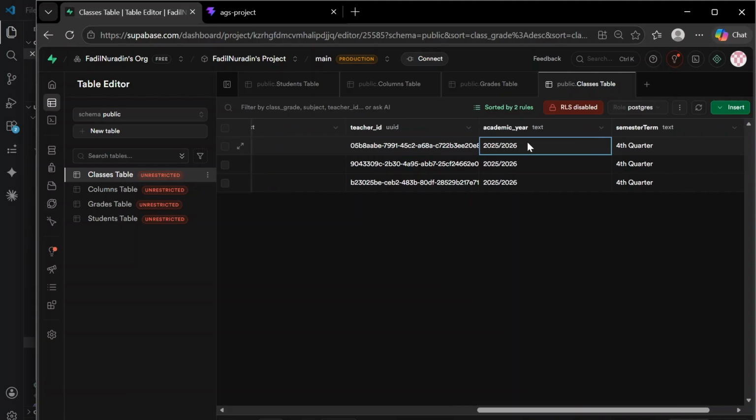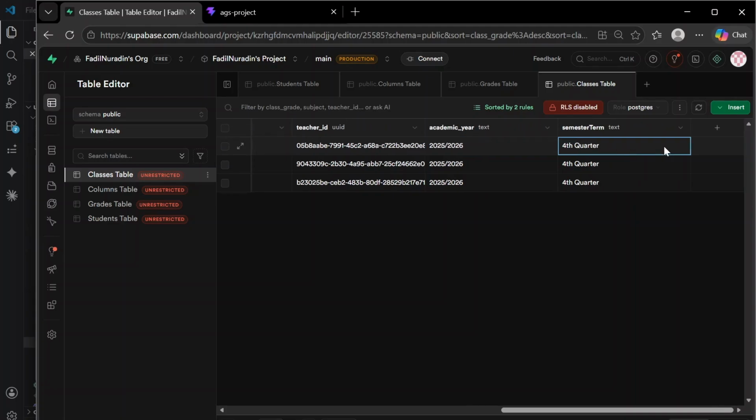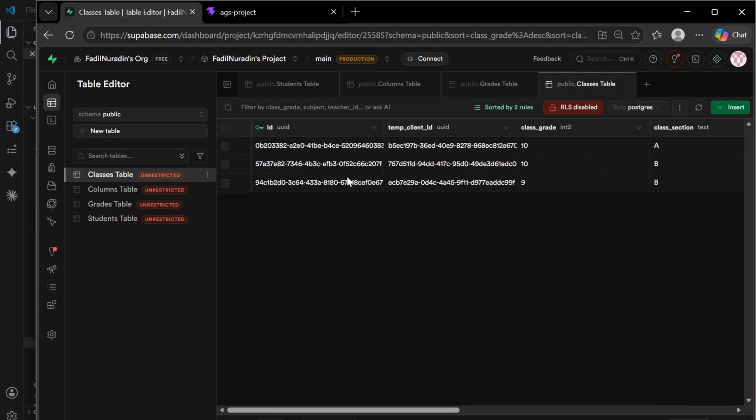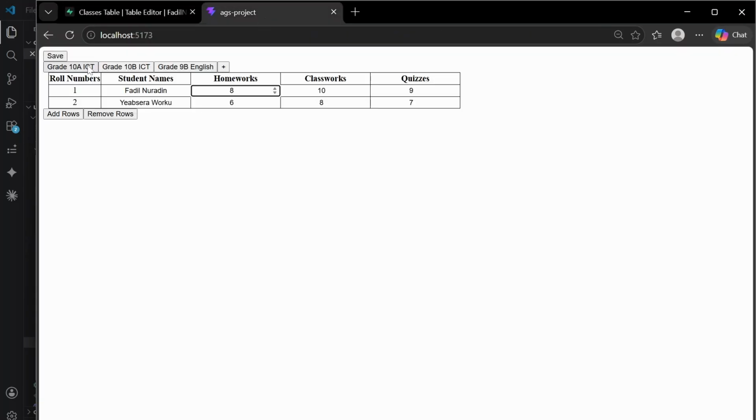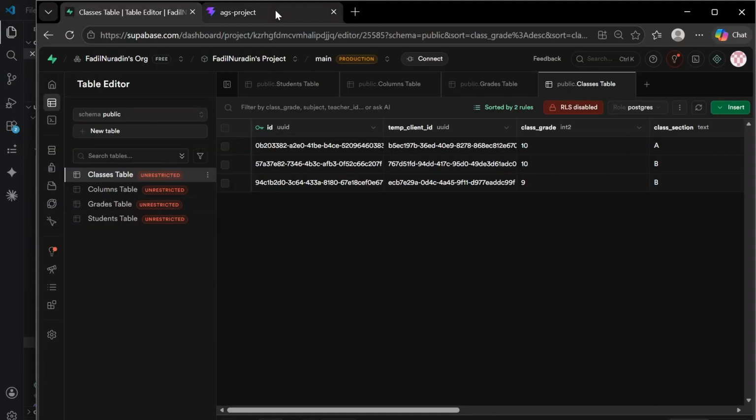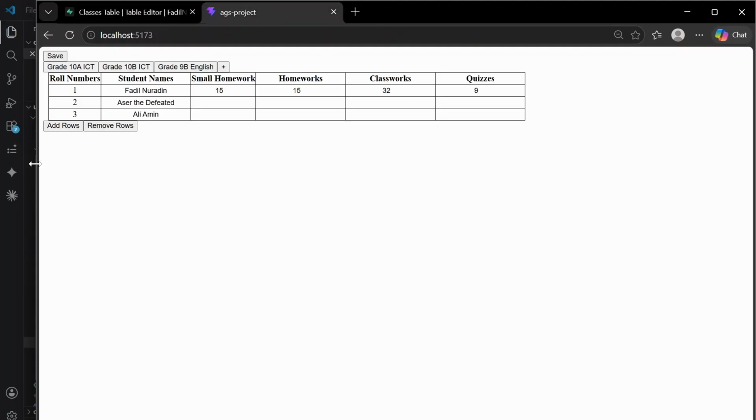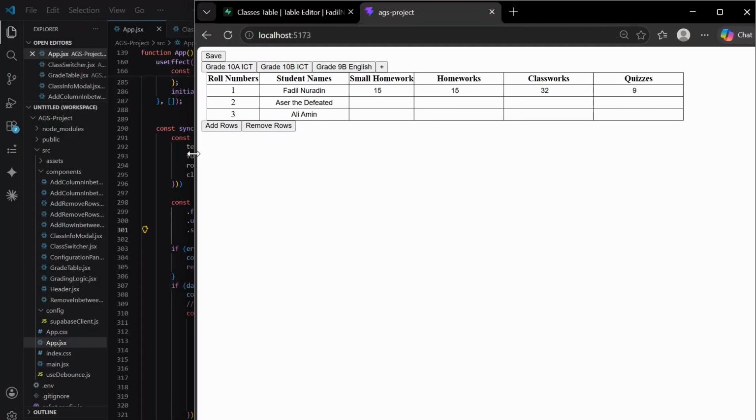The academic year: a class of one year is not the same as a class of another year, right? So that's why I needed to specify the academic year. Now, the semester: is it the fourth quarter, the second quarter, the third quarter? I just specified it. This is basically the table that takes care of these classes over here. This is pretty much how far I've gone with the project. Code-wise,